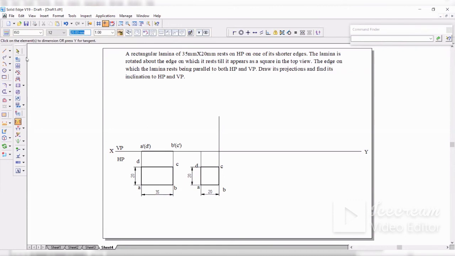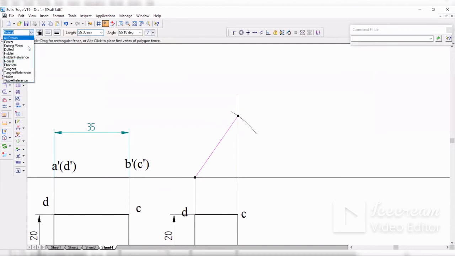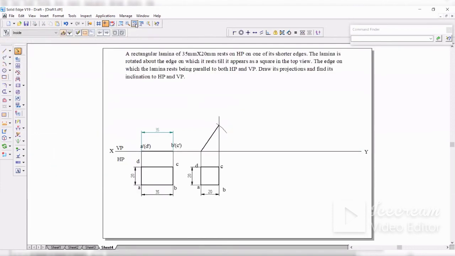Perfect. No problem. Now we know that the distance between the first portion top view and front view is 35. So I've taken 35 here. From this point I'll draw a 35 arc and cut the arc at this point. Now I'll take zoom here, same as the previous problem. If it's not possible for you to draw with a normal, you can take zoom and join it with the intersection point. Make sure you are joining to the intersection point, otherwise it will be wrong. Since it is a visible edge, I'll make it dark by selecting this point.